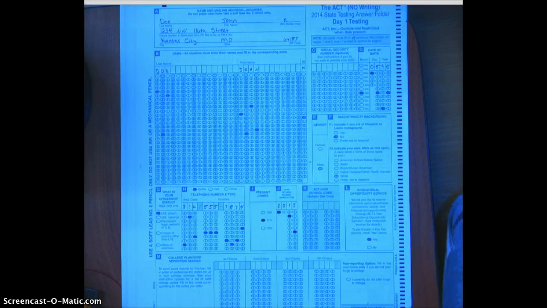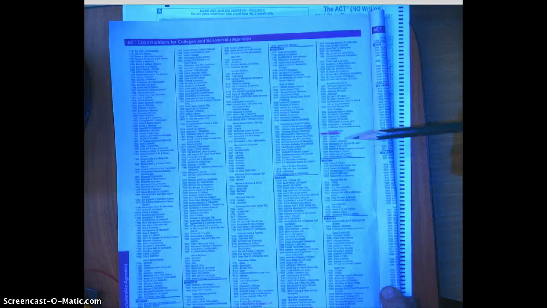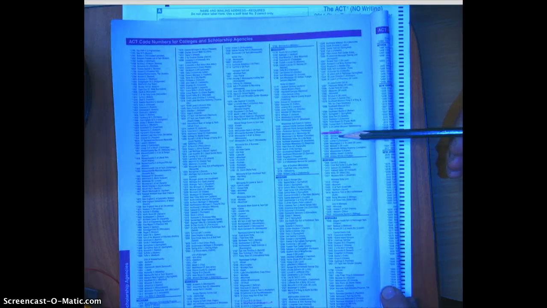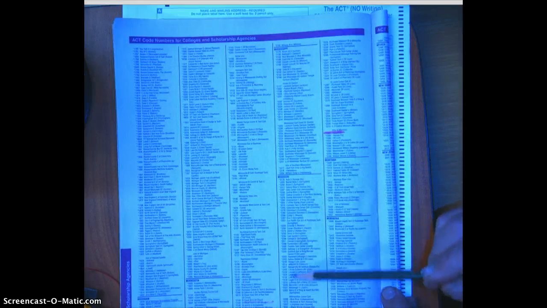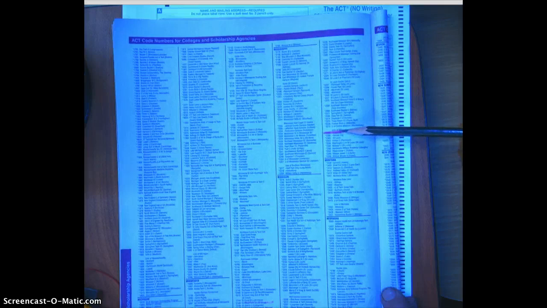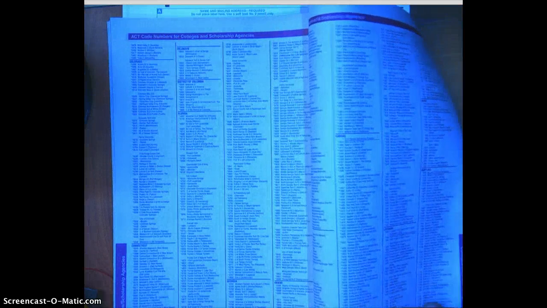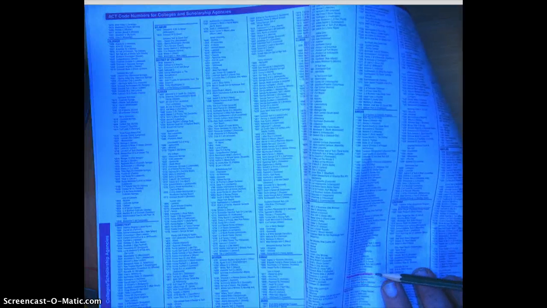So for instance, if I were going to enroll in the University of Missouri at Columbia, the University of Missouri system includes campuses at Columbia, Kansas City, and St. Louis. It is not in the Missouri section, it is in the M's, under University of Missouri, and a lot of state schools are that way. So if you're looking for the University of Kansas, you're going to want to find